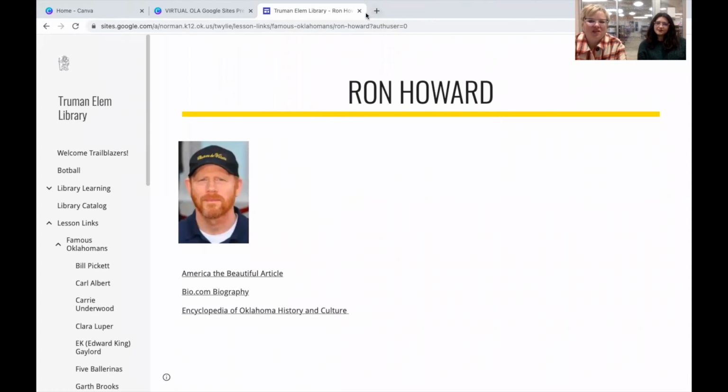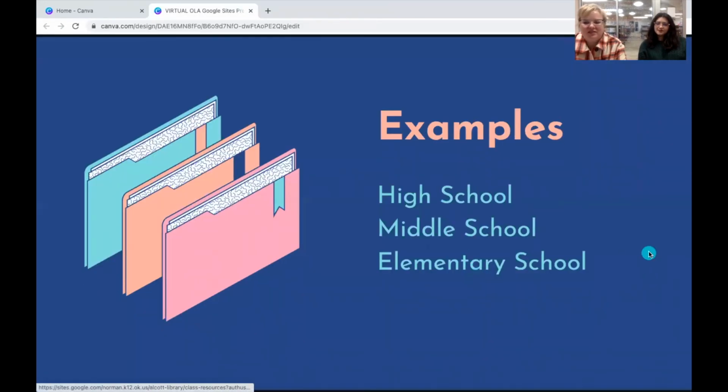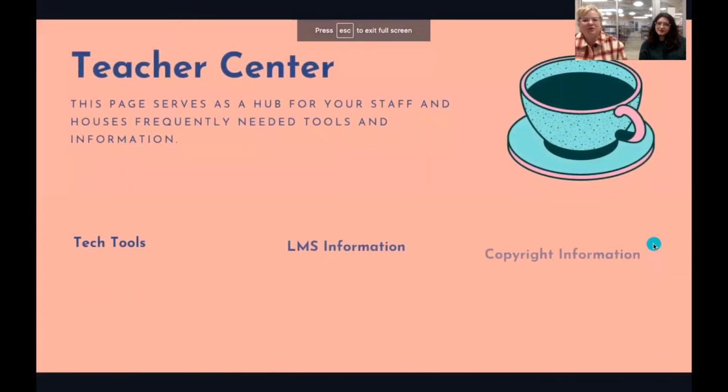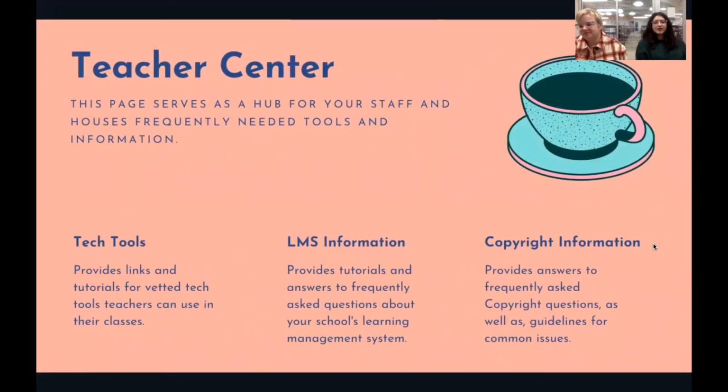So, all right. The next key component. Yeah, so I think our last key component is the teacher center. So we also want the library website to be utilized by our teachers. So this serves as a hub for our staff and houses frequently needed tools and information. So we have links for